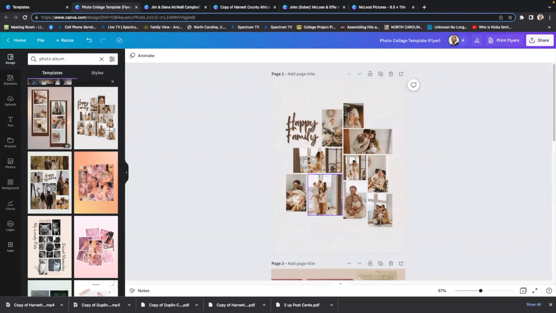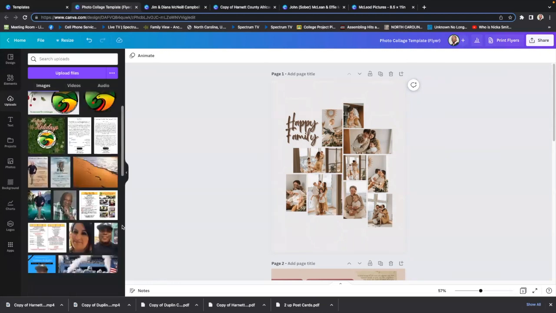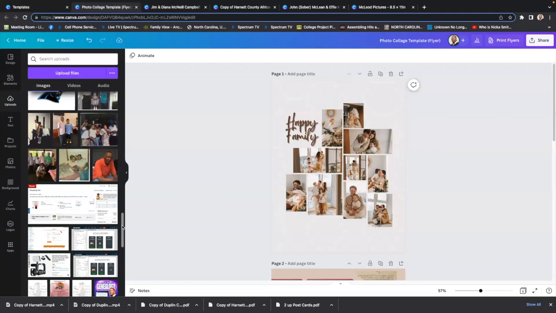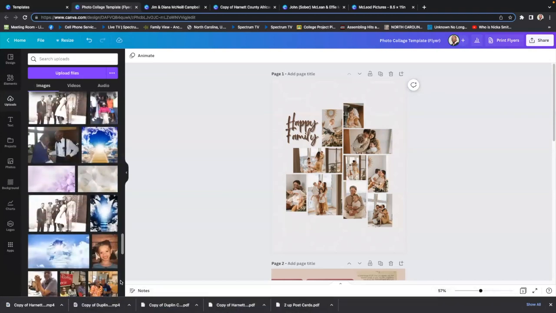So like this is kind of in the middle. So you got all that white space. So if you have a picture that may not necessarily fit in that shape, you can be creative and pull it and make it fit if you so choose. So we're gonna go to my uploads. And we're just gonna start finding some pictures. Okay, let's go to